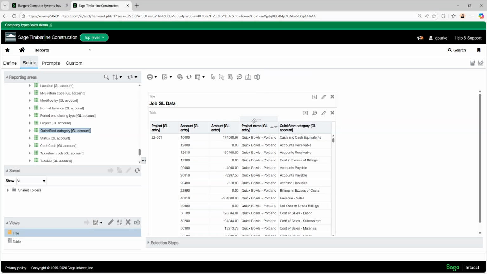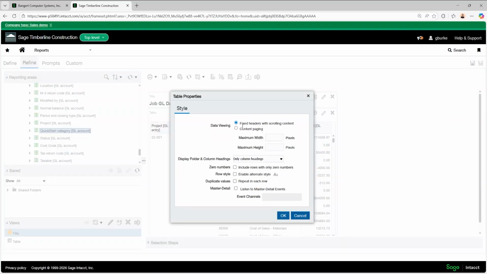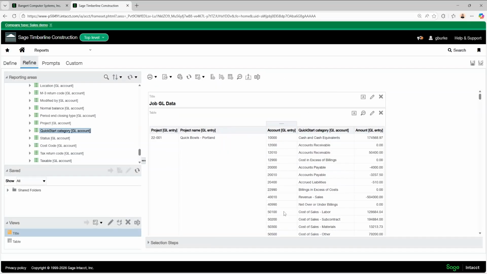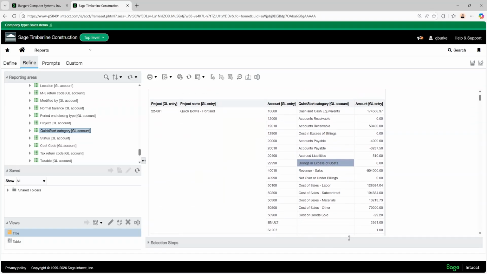All right, so here we have some data to work with. Let's rearrange. So that's cool. I can see the project and then the different total amounts hitting each GL account. Now this is nice, but I want to view it a little differently. I want to see how much is hitting for our cost of sales. Maybe I want to see the total revenue. And I don't want it displayed maybe exactly like this.